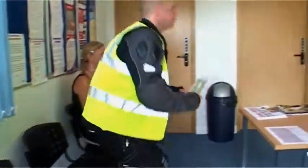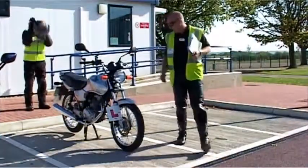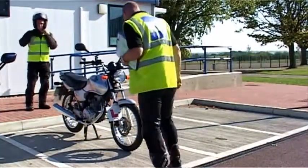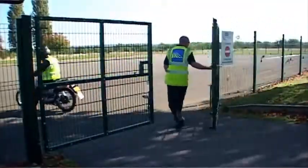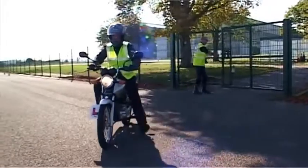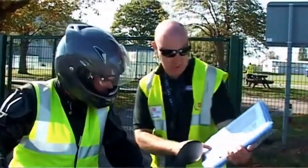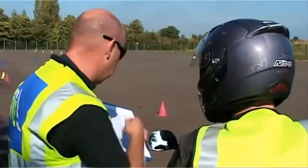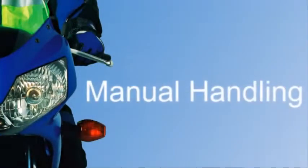The examiner will check your paperwork and confirm your identity before taking you outside, where they'll have a look at the bike to ensure it is safe to use for the test. You will then go on to the motorcycle manoeuvring area, where you'll be asked to ride as if you're on the public road. That includes carrying out any necessary safety checks and avoiding contact with the marker cones. Here you'll carry out the following exercises: the slow manoeuvres, manual handling,